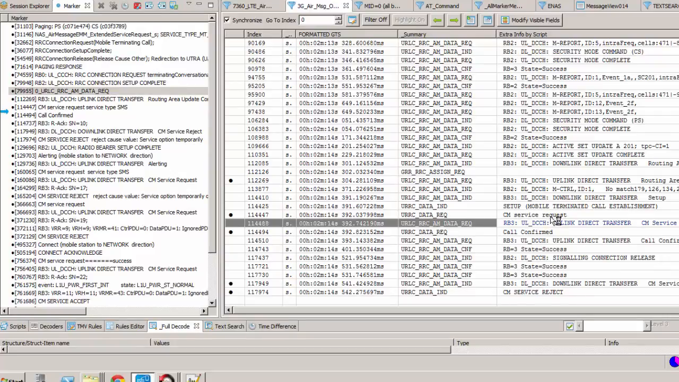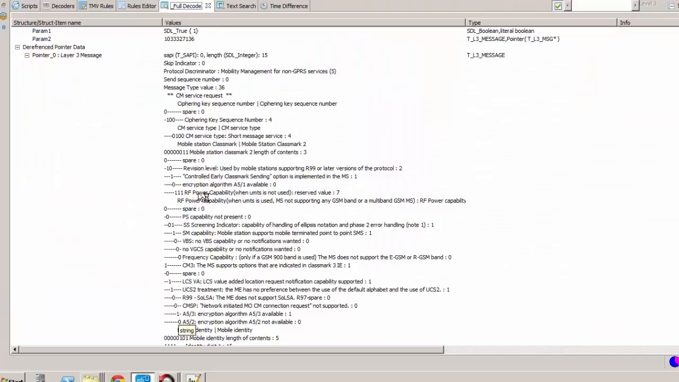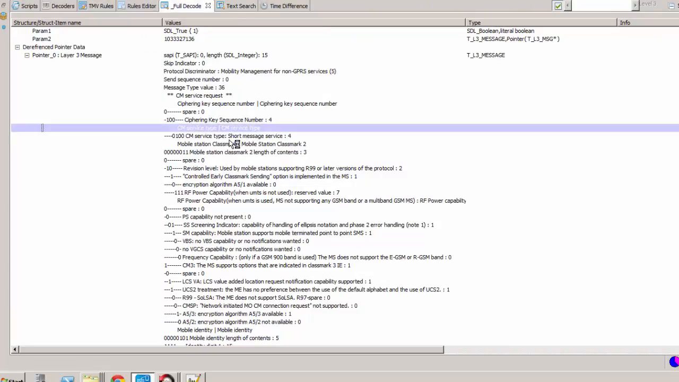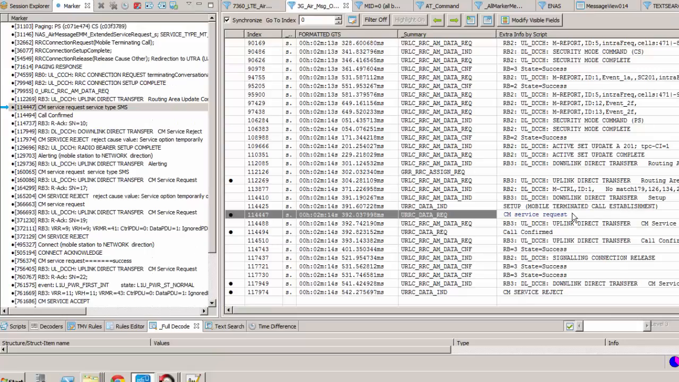Yeah, here I can see this CM service request is triggered. This CM service request is for the short message service, that means for SMS. The UE sends the same service request message, and it is transferred in uplink,